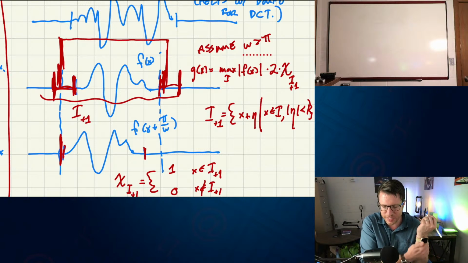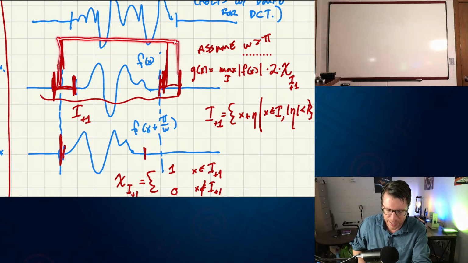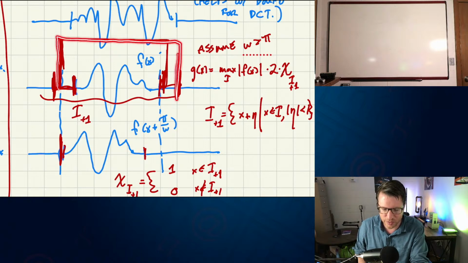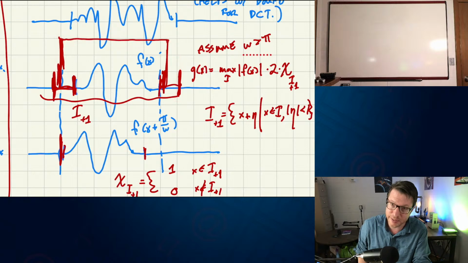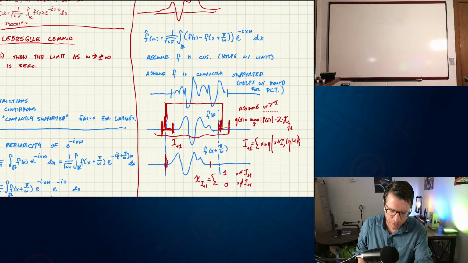Okay, so it's a lot of notation. But essentially we're trying to get a bound on these with some constant function. That's all this is really saying. And it's not only up to f, but twice f, just to make sure we catch the sum of them. Then we have a constant function over as big an interval as we can squeeze in. Okay, so this is what we were working with, and we'll move on to the next slide.